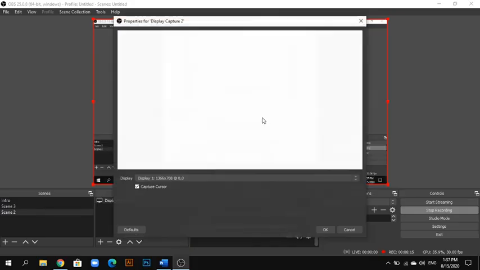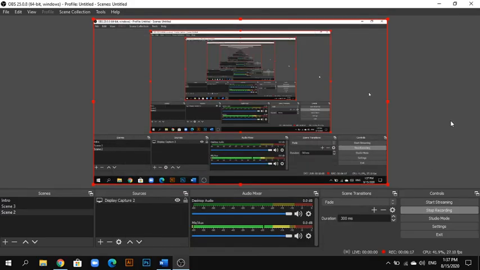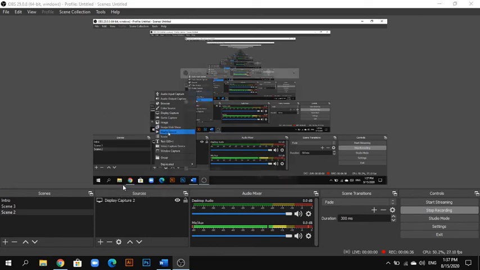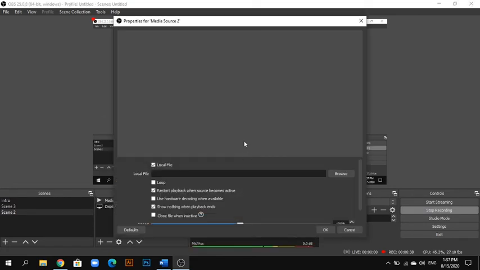So now wait, display capture, okay, and now we are back here. In this scene all you have to do is add a media source. Click on OK.